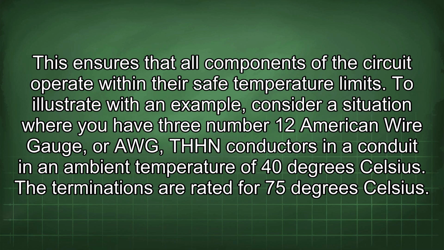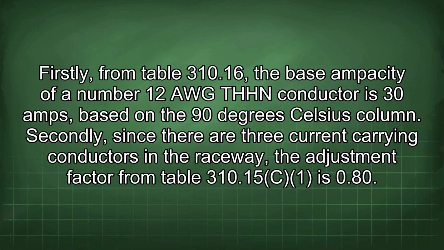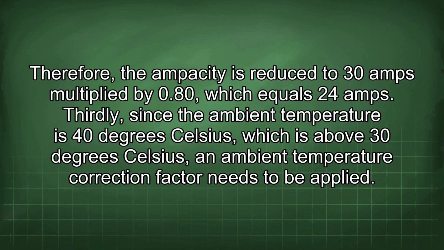To illustrate with an example, consider a situation where you have 3 number 12 American Wire Gauge, or AWG, THHN conductors in a conduit in an ambient temperature of 40 degrees Celsius. The terminations are rated for 75 degrees Celsius. Firstly, from Table 310.16, the base ampacity of a number 12 AWG THHN conductor is 30 amps, based on the 90 degrees Celsius column. Secondly, since there are 3 current-carrying conductors in the raceway, the adjustment factor from Table 310.15(C)(1) is 0.80. Therefore, the ampacity is reduced to 30 amps multiplied by 0.80,